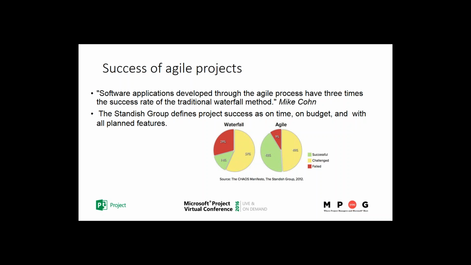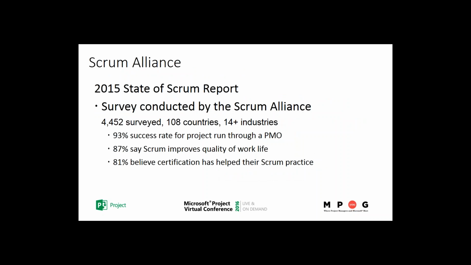This study done a few years ago shows for those that have done a good job of implementing Agile process, certainly project success is up and the failures have declined. So I pulled out a couple of facts from a very comprehensive study published by the Scrum Alliance. These are interesting facts about how successful Scrum projects have been and how it actually affects the happiness of participants, which I found very interesting. Also points to the importance of certifications, as we saw in the last slide too.